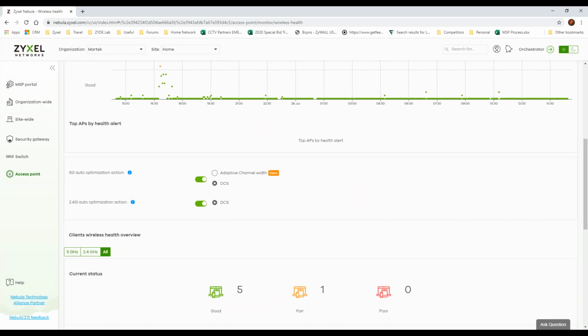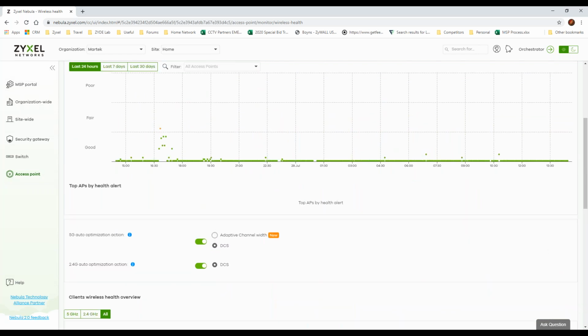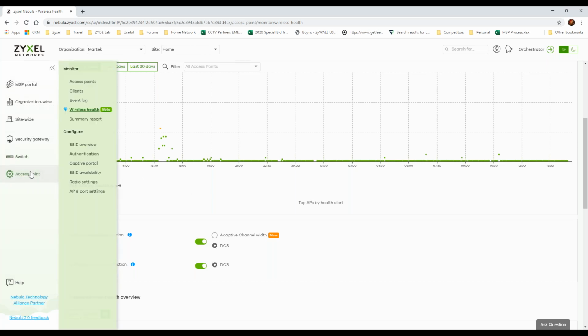So again, this wireless health is forever learning, and it's able to change the channel width and change the channel based on its surroundings. So it'll actually go, right, next door's channel is on 1, let's change this to 3, etc. So it's forever learning. That really concludes all the features that I would deem the most acceptable ones